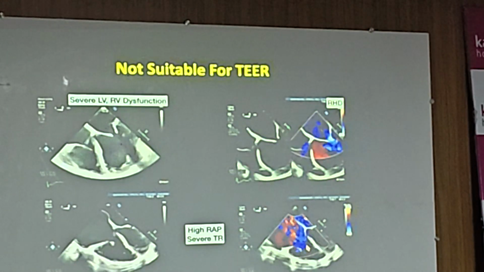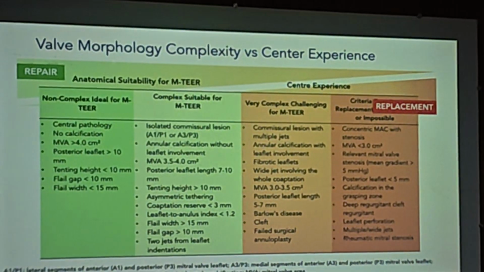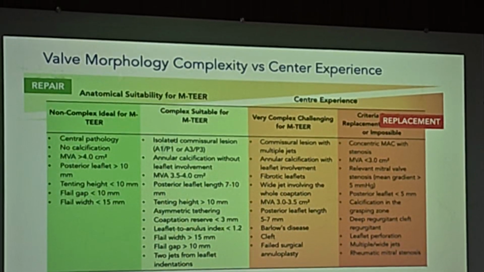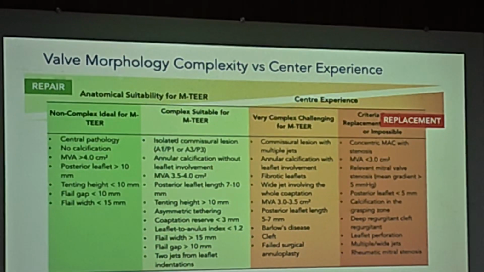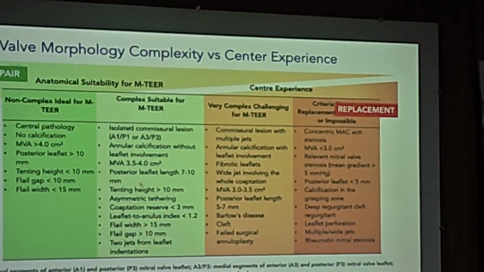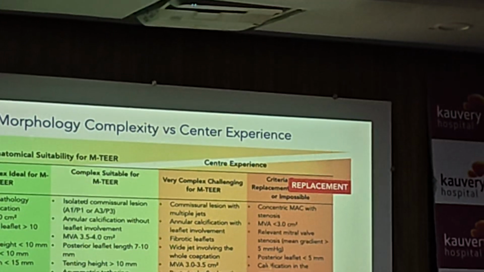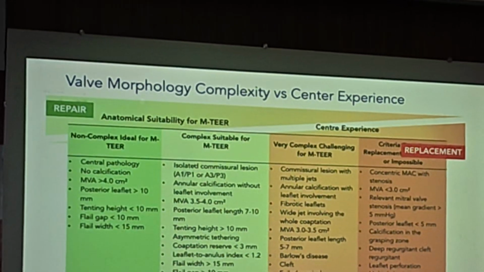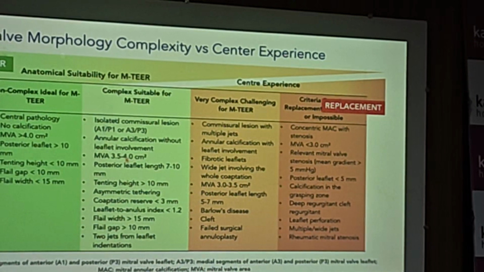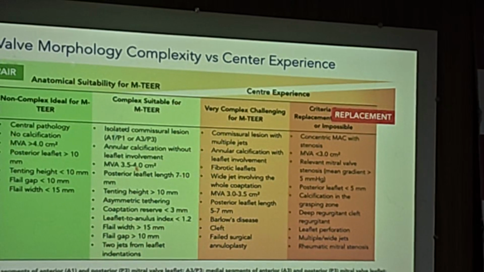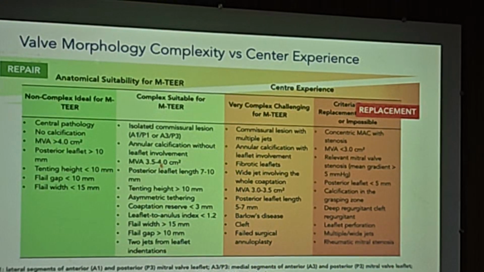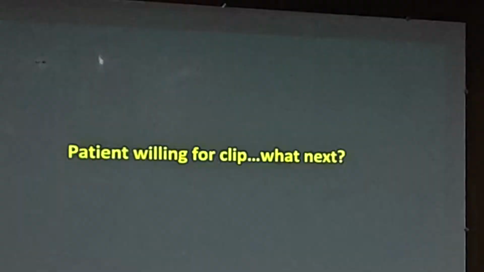And again, severe TR also. And I think you will get enough information as far as this is very widely used. Any conference, anybody talking about MTR, they will always show this. You have this green, you can see that the color changes. The green is good, and then it starts to become a little pale, and then it goes into the red area, and this red area is where you don't do it. And the middle one is where you have a heart team discussion and decide whether you go with it, given certain problems which you're likely to get, and your outcome may not be good, but you go with that insight. But the green ones are the straightforward ones over there.